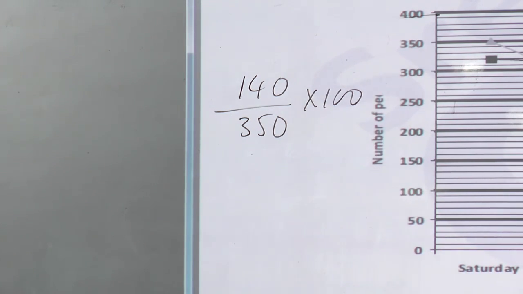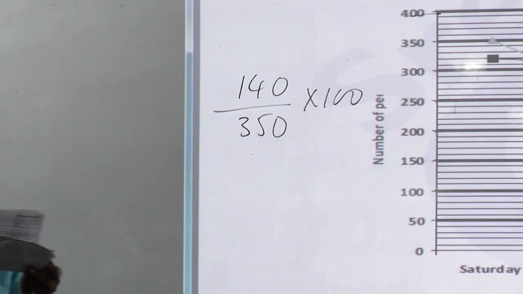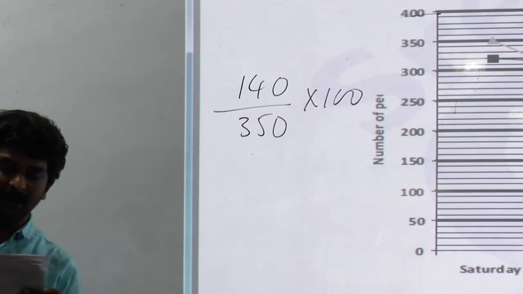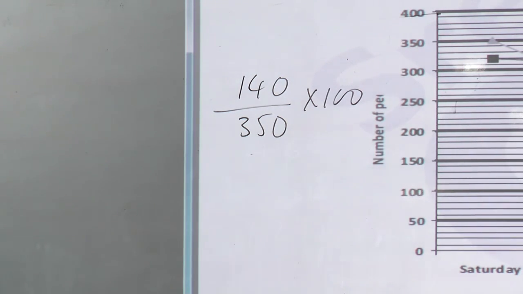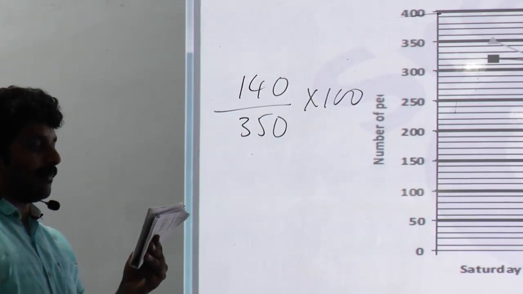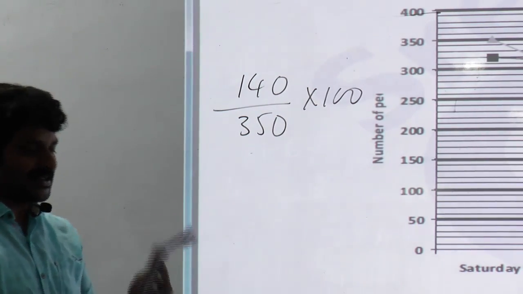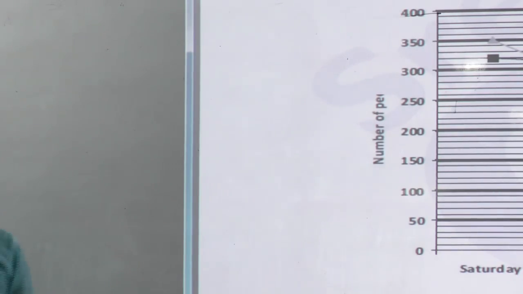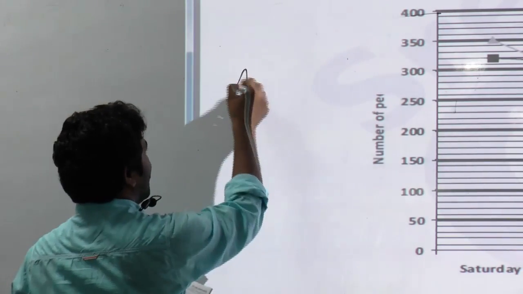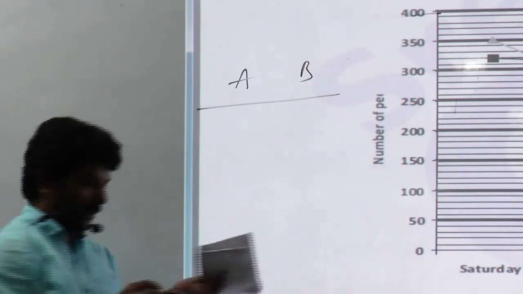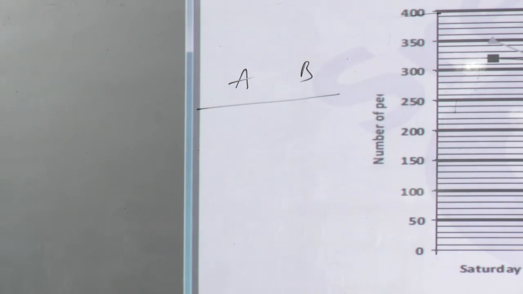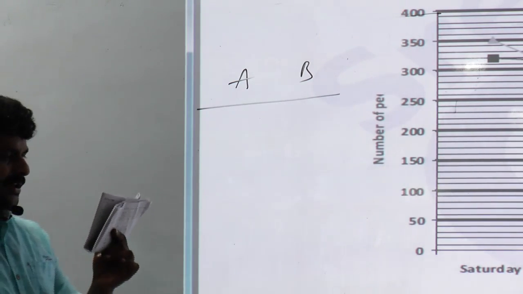Next, 38. What is the difference between the total number of people who traveled by train B on Monday and Tuesday together and the total number of people who traveled by train A on Saturday and Sunday? This is about the difference between passengers on train A and train B. This is for how many days? 2 days. Train A,